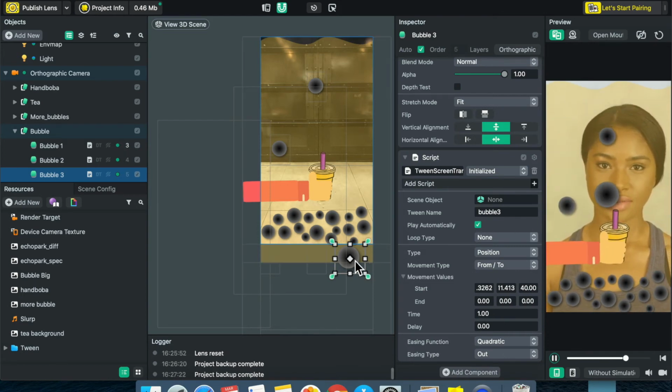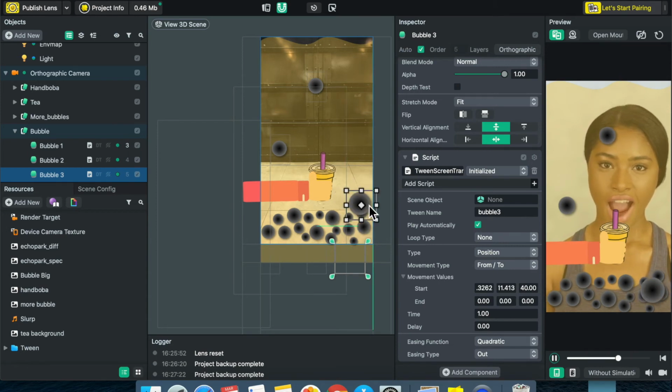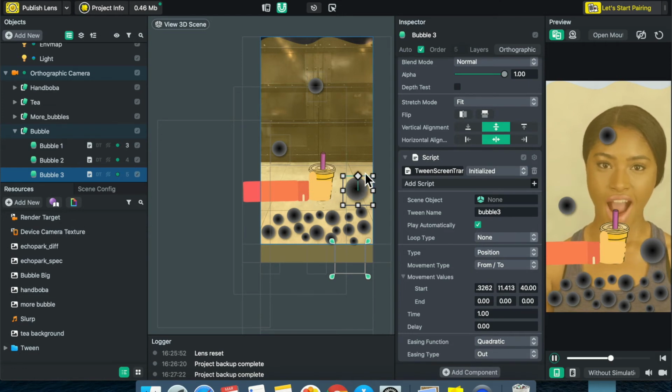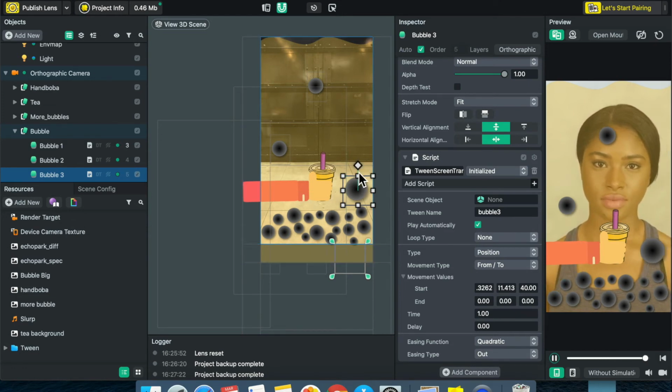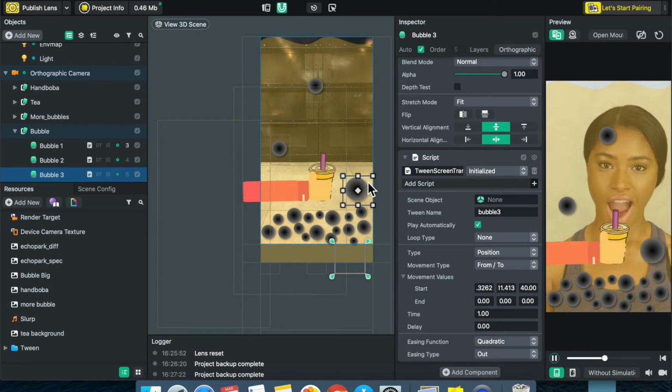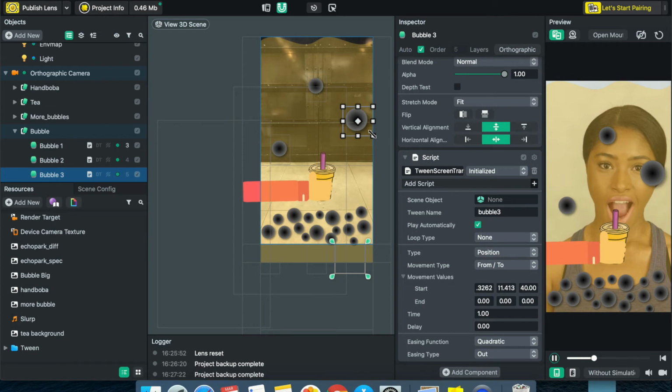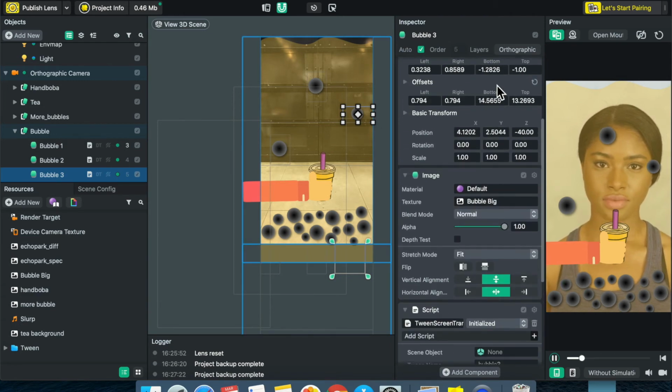Okay, and I'm going to move it here. Not so high up, I guess. Just here. Yeah. I'll just move it a bit higher. Okay. Maybe this one. So my value here will be